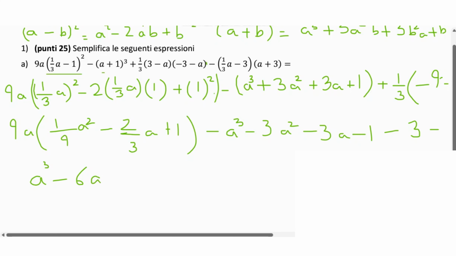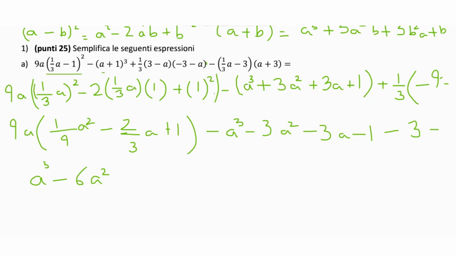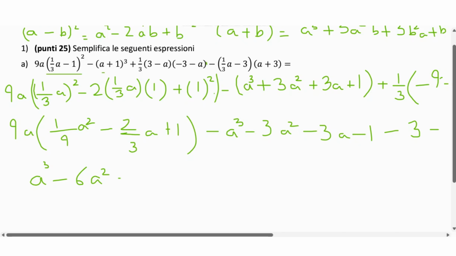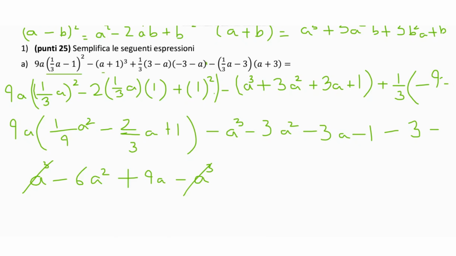Like I mentioned, the problem starts getting easier and easier. So no need to worry about the fractions anymore. We are done with the fractions. And as you move forward, it's going to become 9a. And as you move forward, you would see another a cubed with a negative sign, and that means another thing less to worry about. So that is also gone.